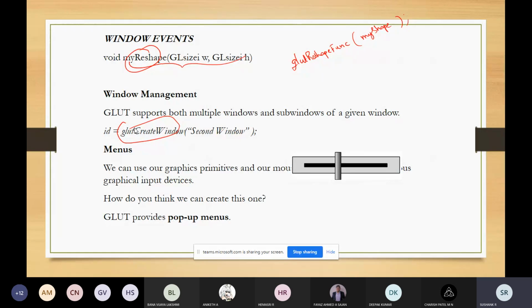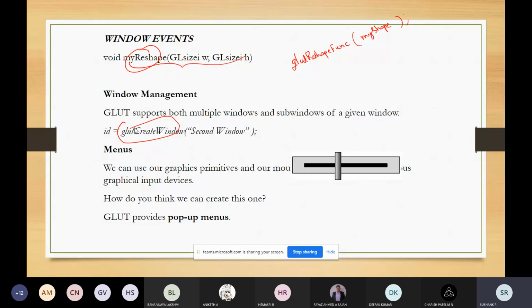When I'm calling glutCreateWindow, it will assign an ID to that window. This ID is nothing but an integer value which can be used to make that window the current window.